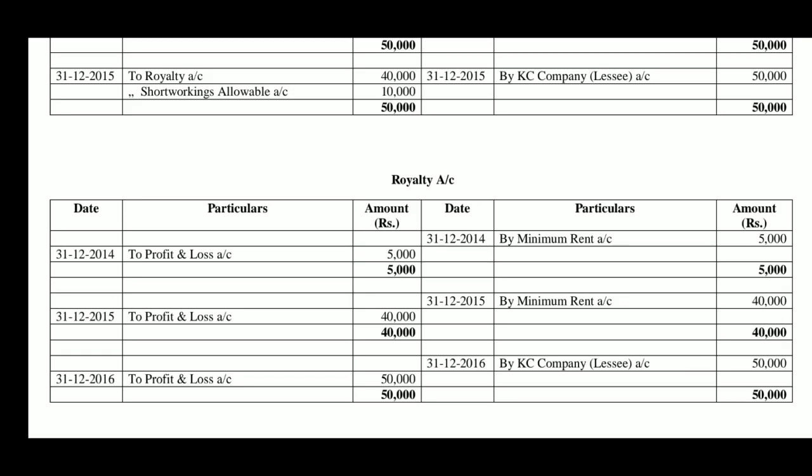In the case of sublease, to avoid confusion, the lessee who sublets the lease to some other person, from his point of view, royalty is receivable from the sublessee and royalty is payable to the original lessor. Therefore, in such a sublease case only, in the books of lessee, we will prepare royalty receivable account and royalty payable account to avoid confusion. But from the point of view of lessor, there is only royalty account. So, we have prepared royalty account here.